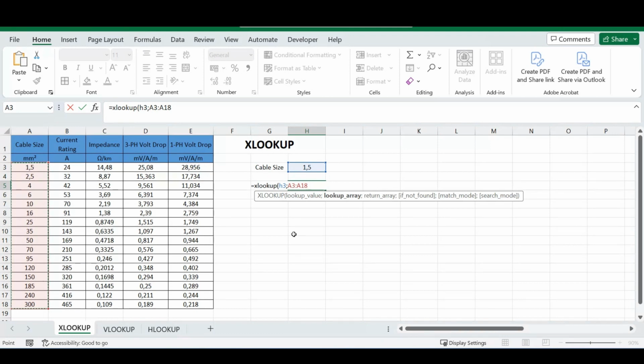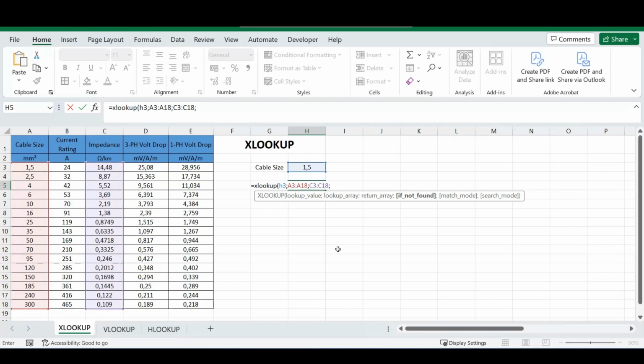You can fool around with Excel and figure this out on your own, but this is our search parameter that we're going to use. So we've got our lookup array, and our next one is our return array. For this column, we specifically wanted to look up the impedance of each cable. So I'm just going to select our return array,